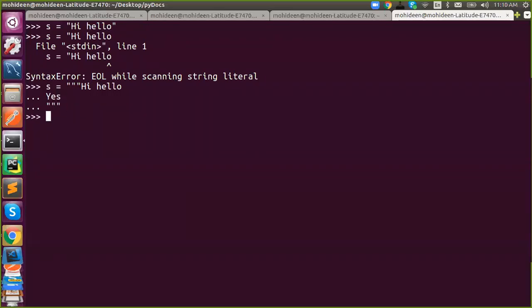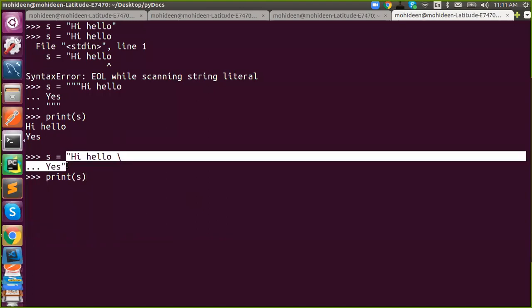Now once you terminate, that syntax is done. But if we do it like this and move on to the next line, it will probably raise an error, because single and double quotes are meant for one line. To avoid that, we have to use a slash. But still, the complete string will reside in one line, because this is purely meant for one line.